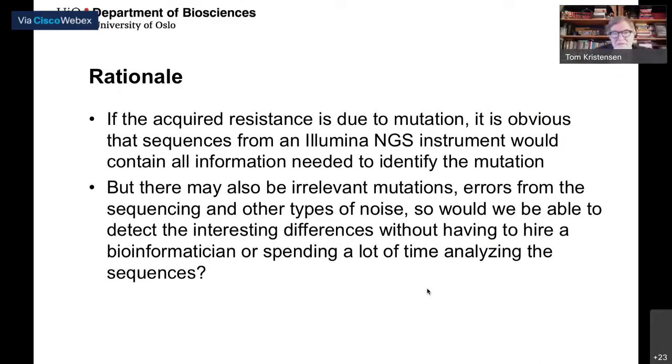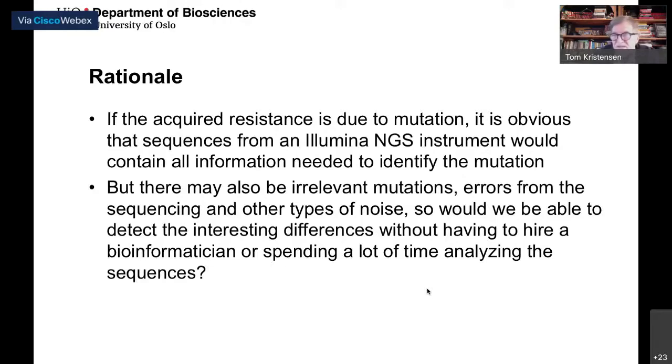My reasoning was that if the resistance which the mutants had acquired was due to mutation, which was a likely explanation, sequences from an Illumina instrument would contain all the information we would need to identify the mutation. And since the complete genome of the sensitive strain we used was also known, I imagined that it would be easy to pinpoint the mutations that caused the resistance. But of course,